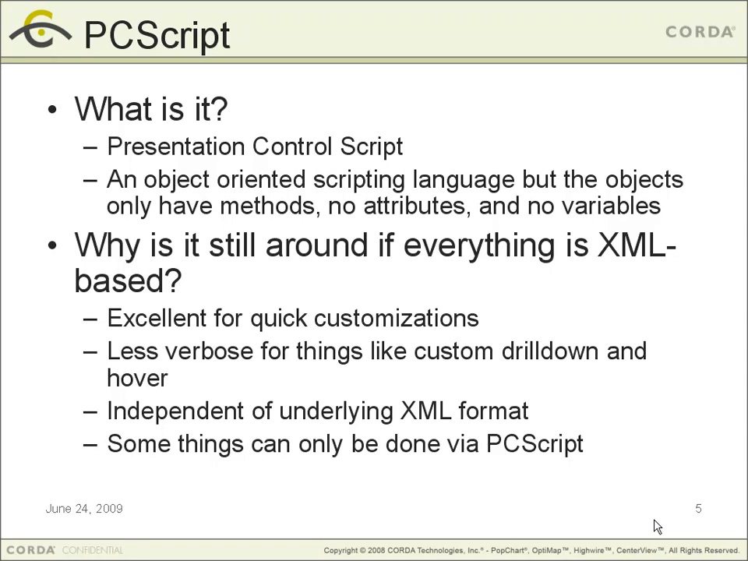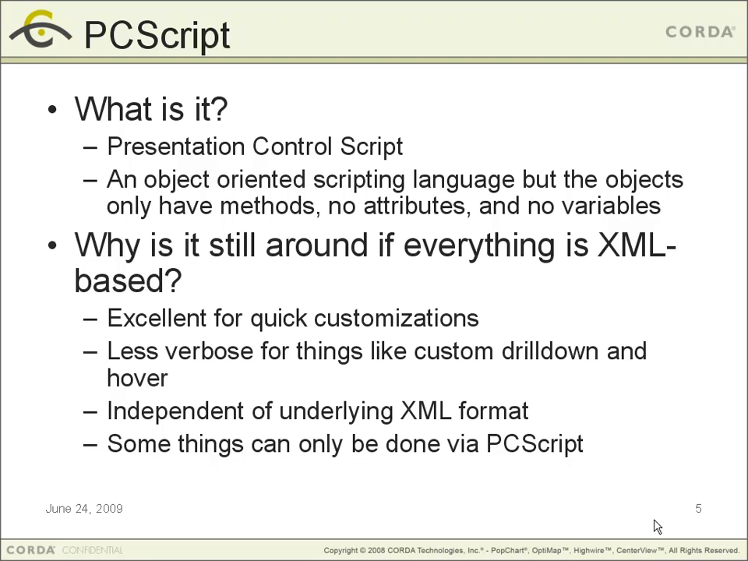In the history of PopChart and OptiMap, the files used to be binary format, and as things have progressed, we've gone to an XML format, and PCScript is still great even though we have a lot of things in XML format because it's easier to work with in a lot of situations. It's less verbose for doing drill down and hover than doing it in XML, and it's independent of the underlying